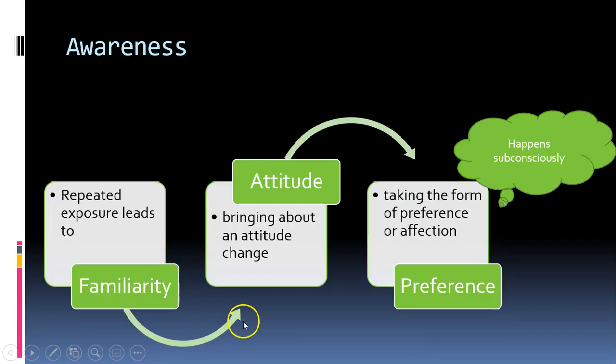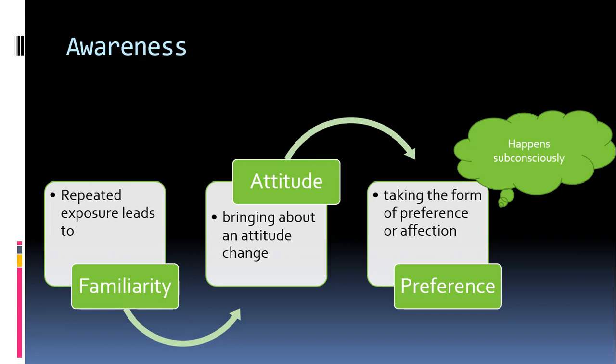Start with brand awareness. Now, brand awareness is interesting. Obviously, if consumers aren't aware of our brand, they're never going to show a preference for it and buy it. There's some interesting research done by a psychologist called Zajonc in the 60s, who essentially determined that just by being repeatedly exposed to something and developing familiarity, we then show a preference for it.